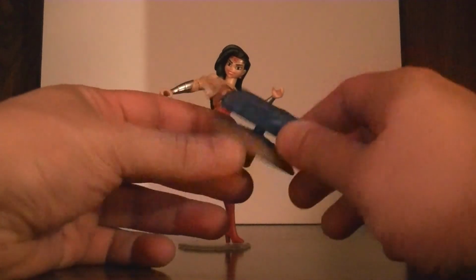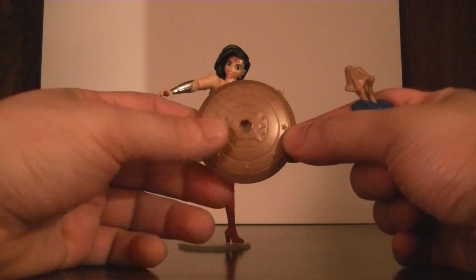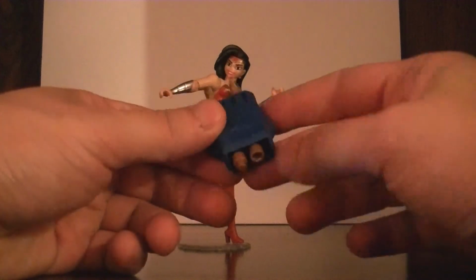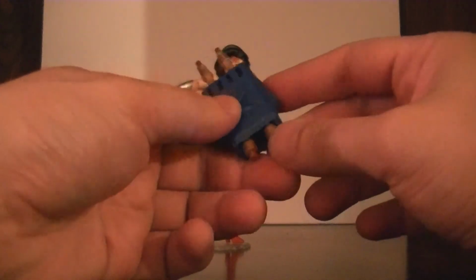All right, so let's have her stay in this cool kick pose I put her in so we can look at her accessories. Her accessories come in parts. She has an Amazonian shield, and she has this thing, which is a missile launcher. It is a pressure lock missile system kind of thing. So, you just...